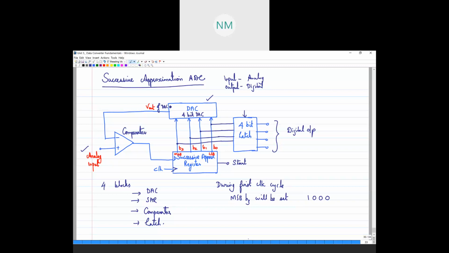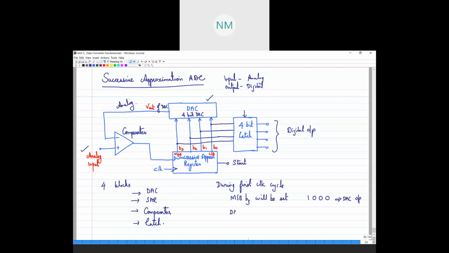So depending on this 1000, DAC will produce some output. So what is the output of DAC? Output of DAC is actually analog, right? So this analog output will be available at the DAC output. Now what the comparator does is compare this analog output produced by the DAC with the actual analog input that I need to convert, because in an ADC I need to convert some analog input. So this analog output will be compared with this actual analog input which is given to the comparator, right? So depending on this, your DAC will actually produce an output.